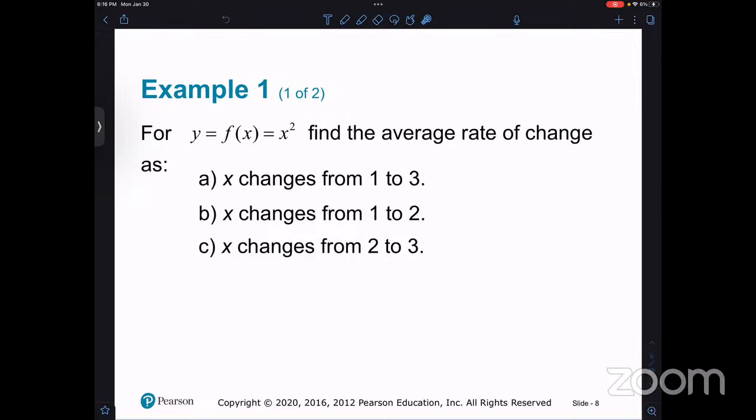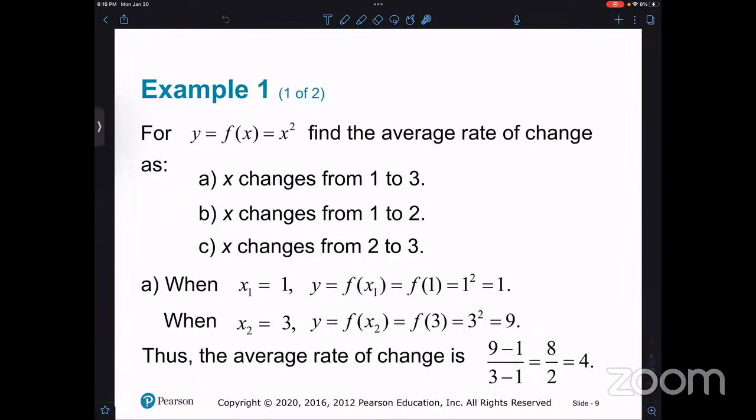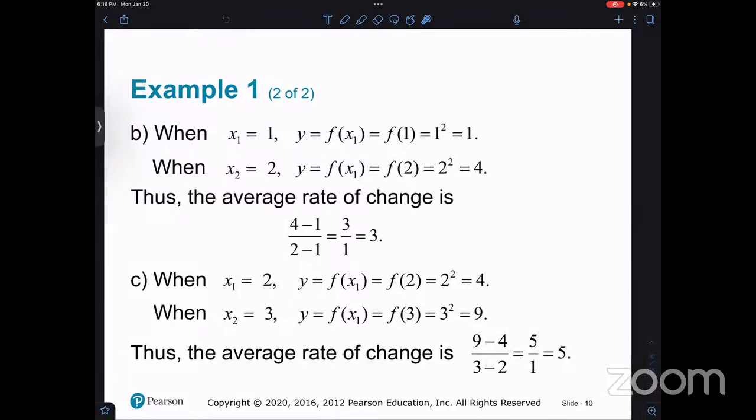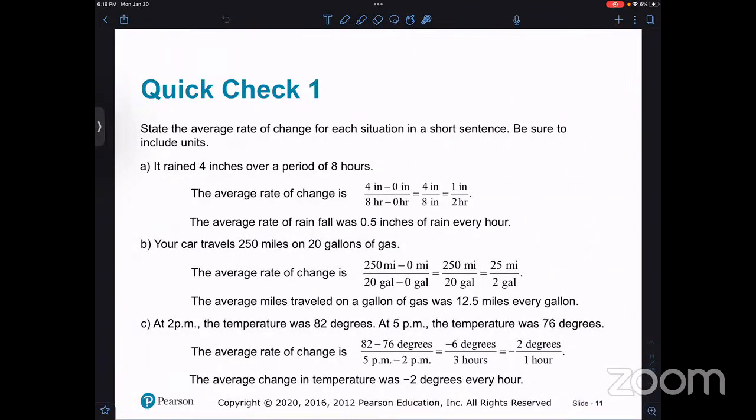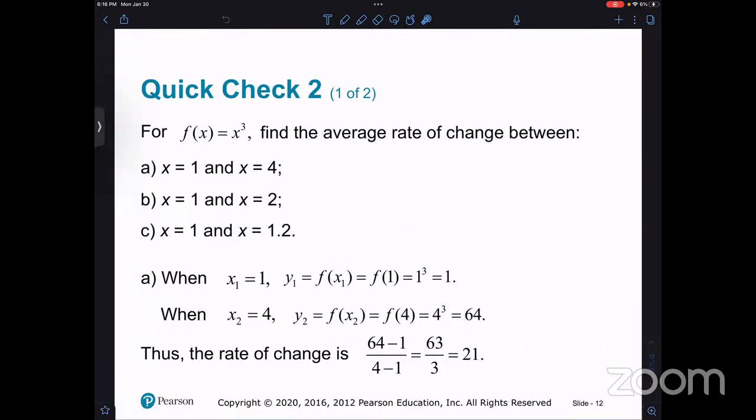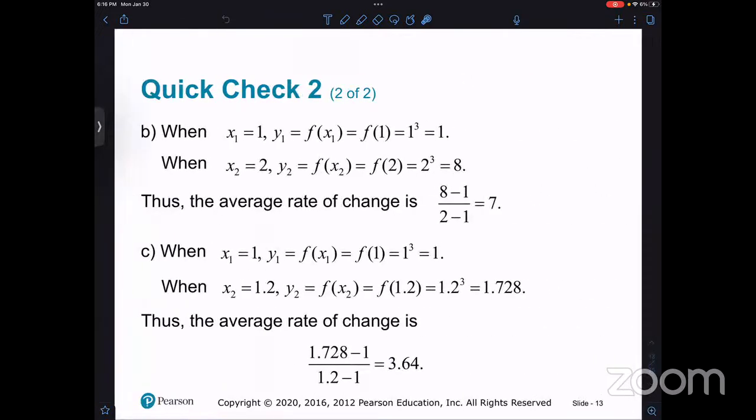I think I'm going to leave that as an exercise, right? The main takeaway from this example is that you're basically finding the slope between 2 points. They give you 2 different x values. You find each corresponding y value and then put it into the slope formula: change in y over change in x. I'm going to leave that as an exercise because I think you guys can handle that. We have a typed up version of that. If we need to see those details, we can always go back. But essentially the gist there is find the slope, right? I don't want to spend time on that just yet. Again, I usually leave the quick checks as an exercise for you guys. So again, average rate of change is the slope. We're going to let that be. Let's look at this definition.